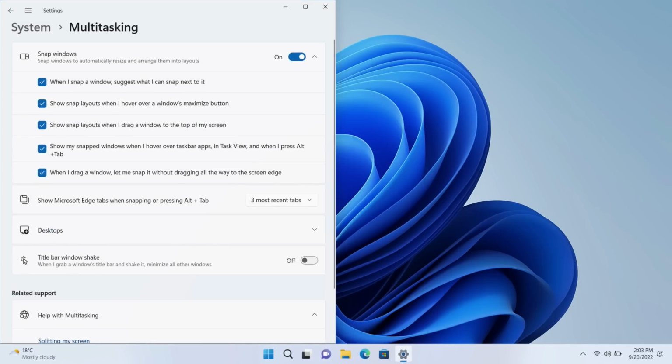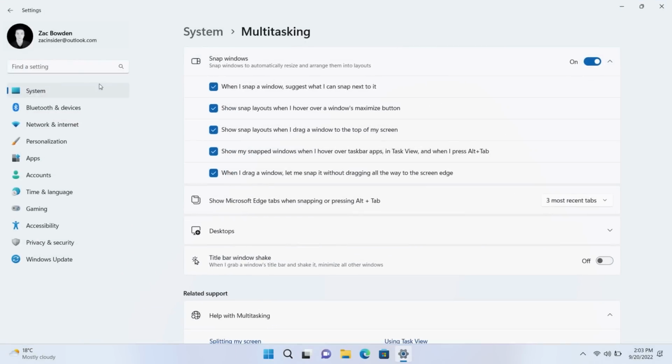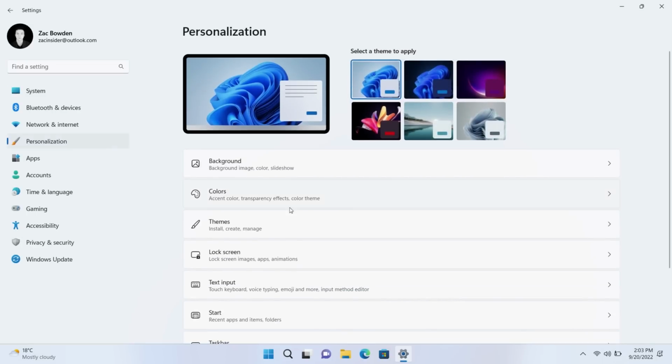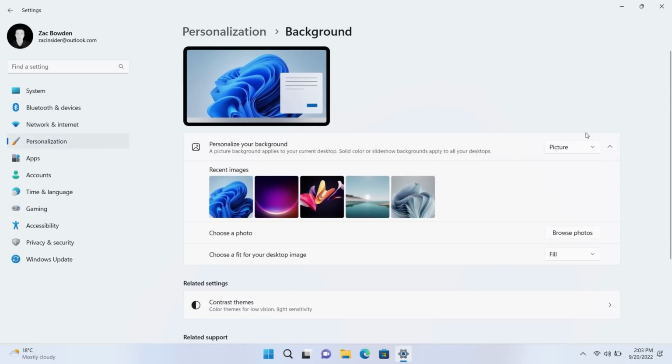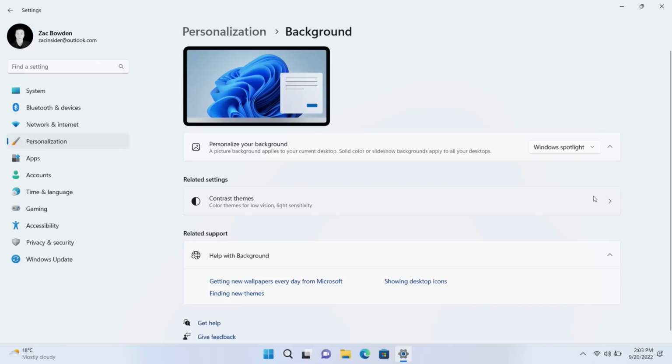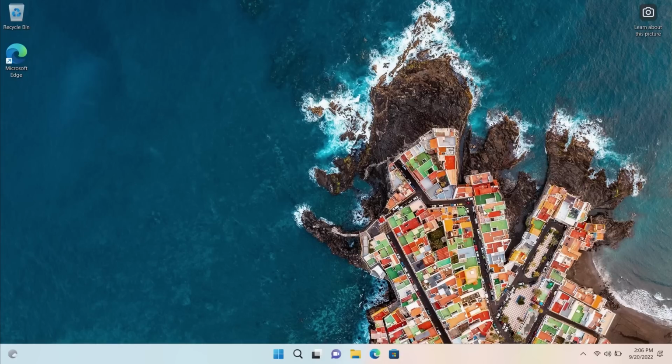All right, up next is a new personalization option called Spotlight. That's what it's called. So we jump into personalization here and go into background, go down to our background options. There is a new option here called Windows Spotlight, which will essentially pull in a daily or weekly image from Microsoft servers, probably the Bing daily image, and set it as your default wallpaper, except it hasn't worked here. Okay, it took a few seconds to sync, but now as you can see, my wallpaper has